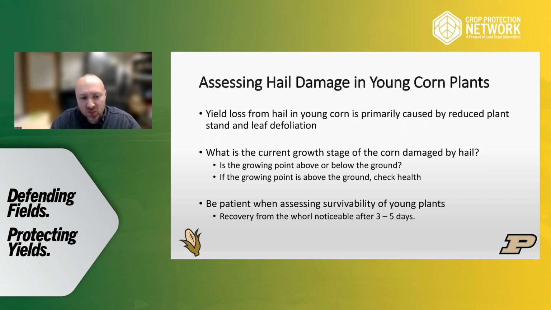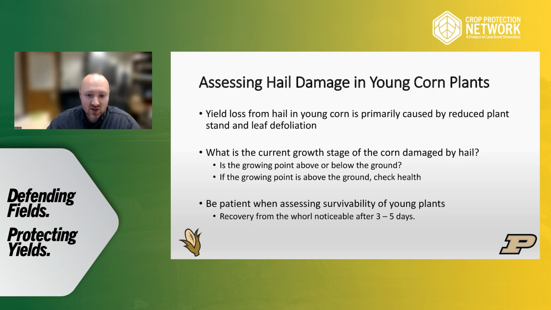And also a really important point with hail damage, and something we've got to try to stress to both scouts and farmers, is to be patient, right? A lot of times with hail damage, especially in the young vegetative stages, it can often look a lot worse than what it actually is. You look at tattered, torn leaves, corn plants that are maybe completely knocked down at that point in time. But it's important to give it some patience so we can assess the